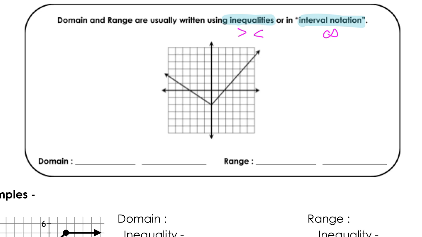So interval, infinity, inequalities, greater than, less than. A lot of times I will ask you to show both, especially on your homework. It's pretty much expected to show both ways so that you get really good at it, and then I can specify, just leave it in interval, or just leave it in inequality, or pick whichever one you want. Stuff like that. So if I'm looking at this graph,